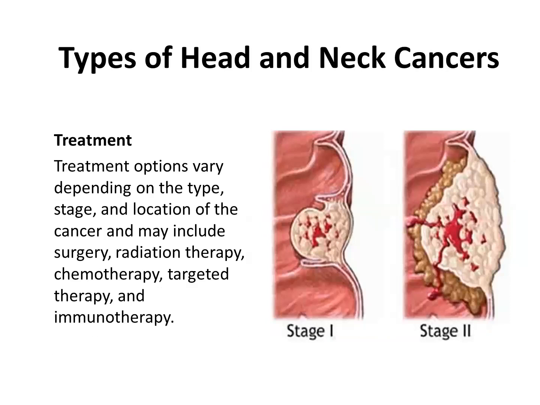Treatment of these cancers include options depending on the type, stage, and location of the cancer, and may include surgery, radiation therapy, chemotherapy, targeted therapy, and even immunotherapy. Now you can see the first one is the first stage. Now the cells have started growing, and in the second stage, there is engorgement, and even the blood vessels have increased, supporting the